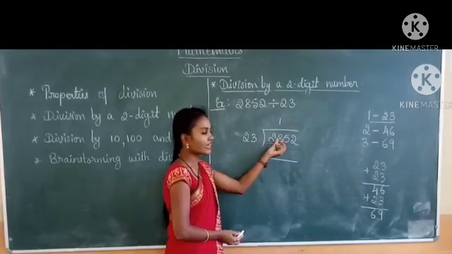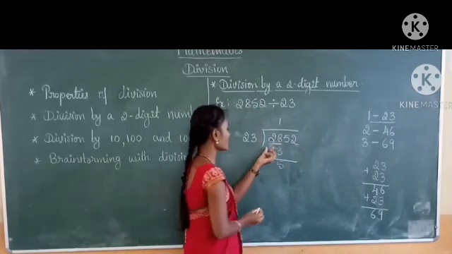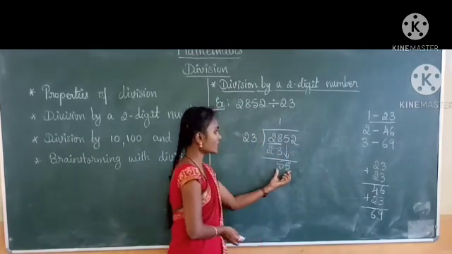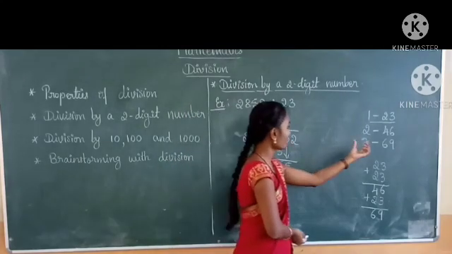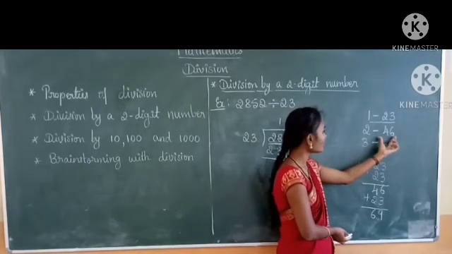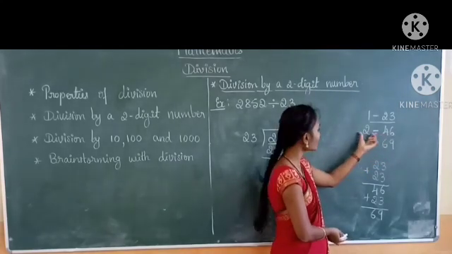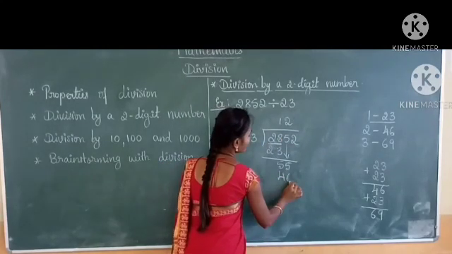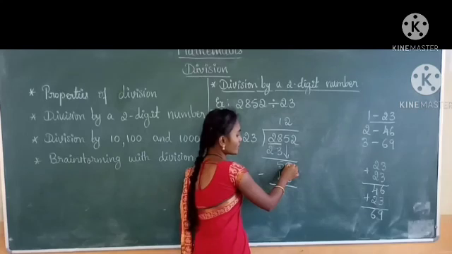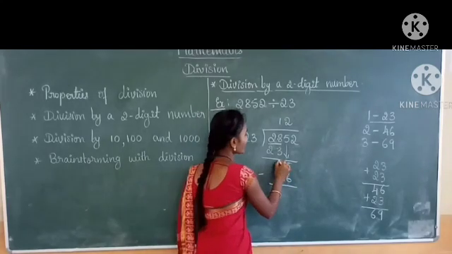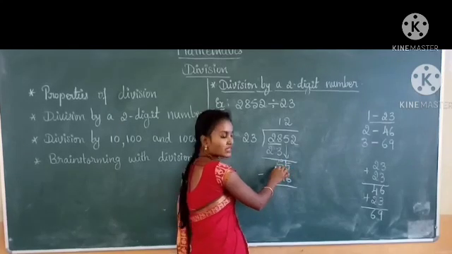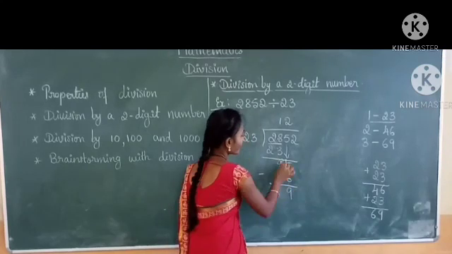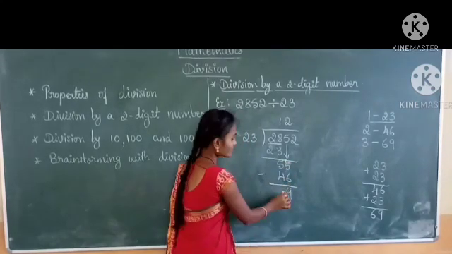Next minus. 8 minus 3 is 5 and 2 minus 2 is 0. Next, take this 5 to here. It becomes 55. We need 55 here. Is there 55? No. Less than that 46 is there. That is 23 twos are 46. Now minus. We cannot minus 6 from 5. Therefore I will take 1 from the next tens place. Then it becomes 15. 15 minus 6 is 9. Next here 4 minus 4 is 0.